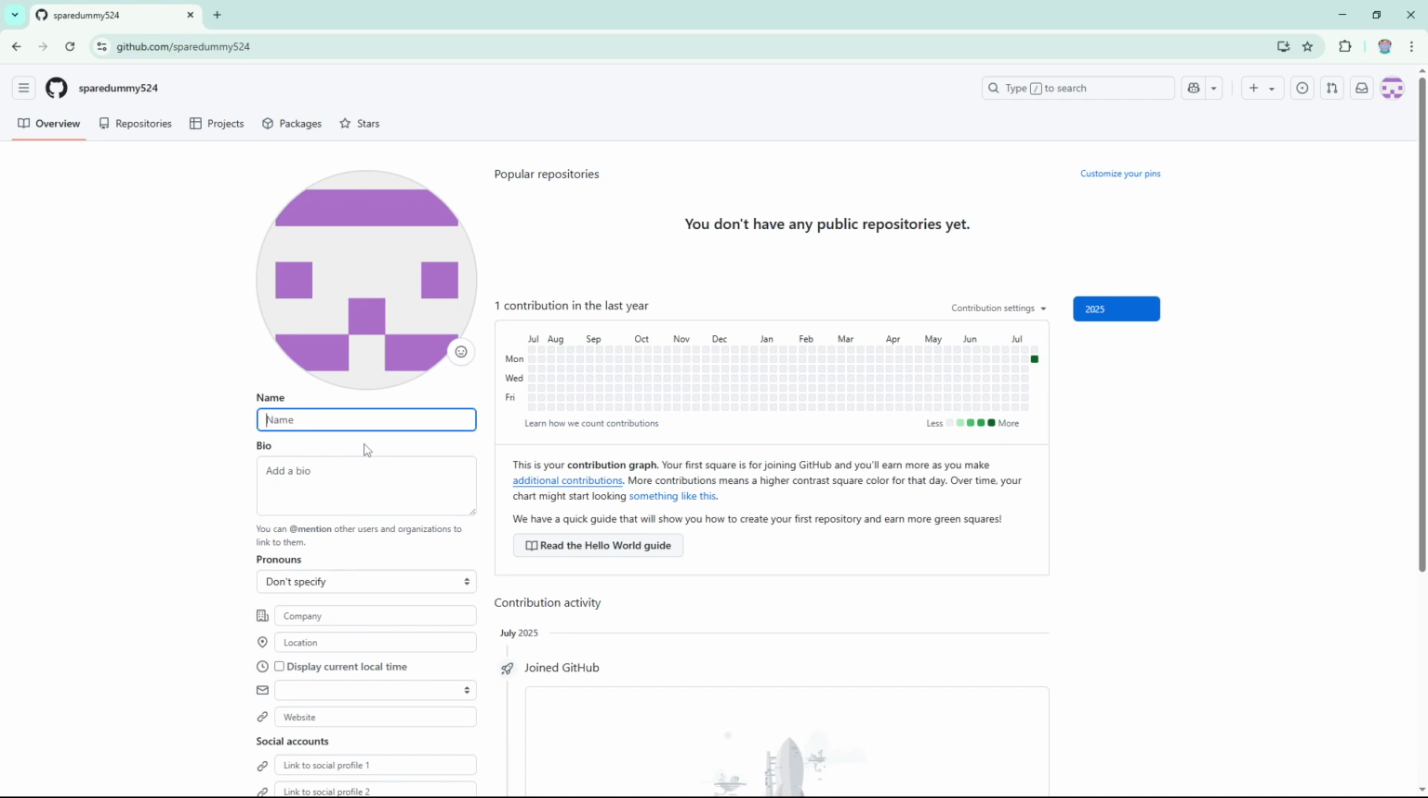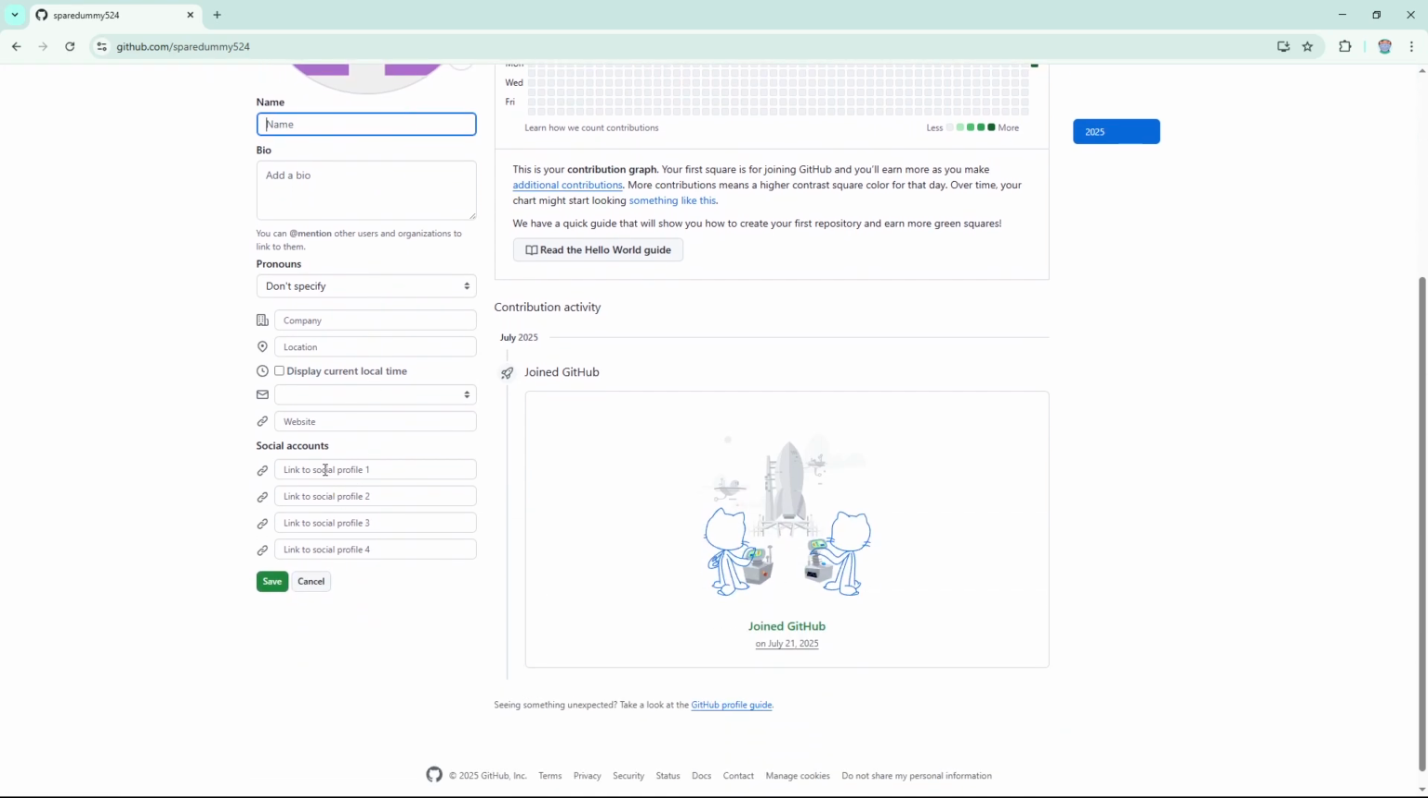As you scroll through the editing options, keep an eye out for the section labeled Social Accounts. This is the area where you can link all of your social media profiles. This might include, for example, your Twitter, LinkedIn, or personal website. Essentially any online platform where you have a professional presence that you wish to share with others visiting your GitHub